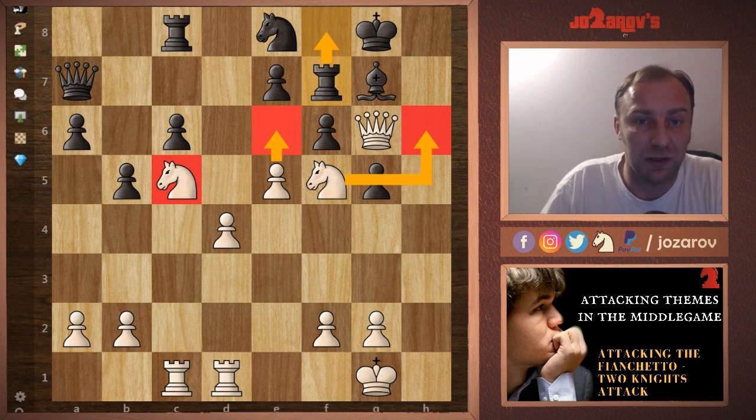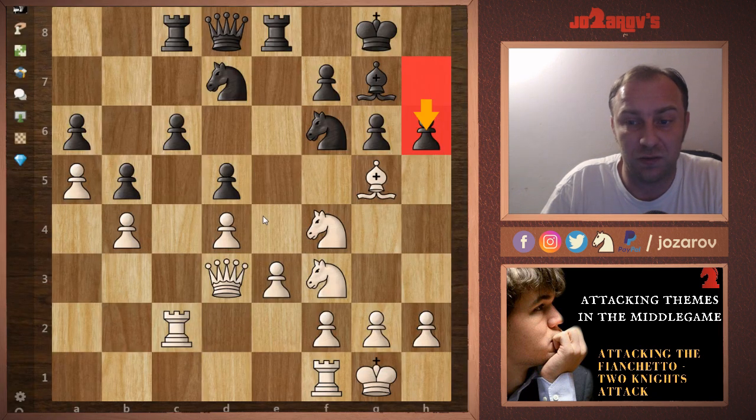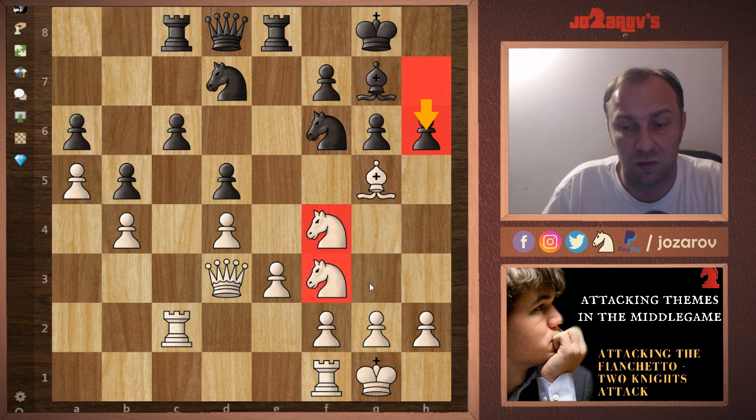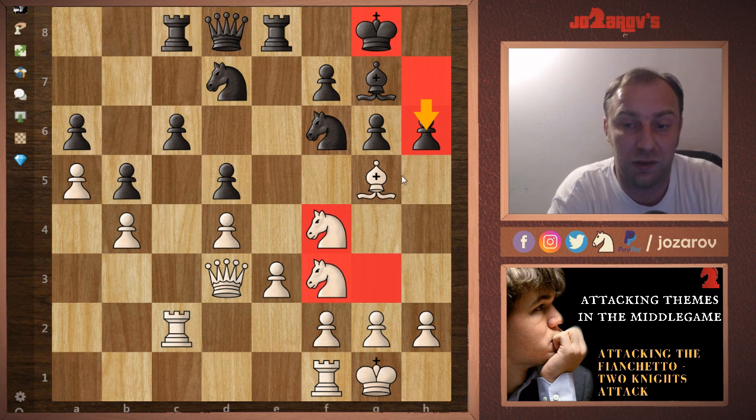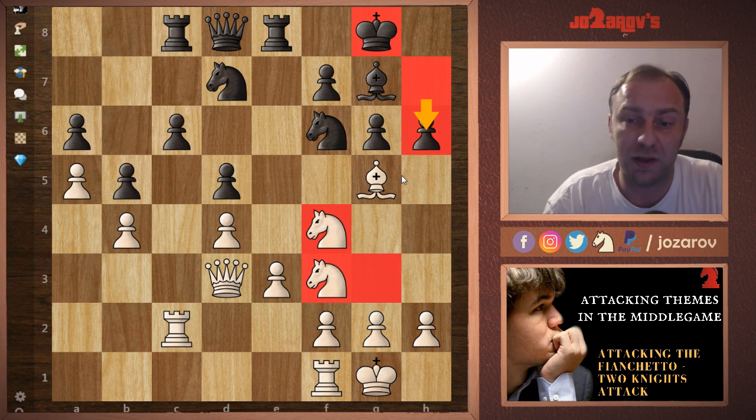So let's see now the last example of this two knights attack. You see how dangerous these knight attacks can be. Again, I wanted to show you a game of mine. Here we have two knights. They are not now on g3 and f3, but they're really near to black's king, and in the last move my opponent, a 2500 rated opponent, played the move h6, kicking away the bishop,